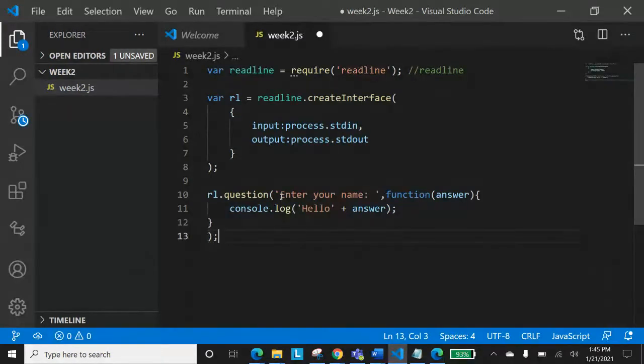Okay, yes, you're right. What happened to the Windows prompt? We have the Windows prompt method as well, and we will be working with that prompt as well. Right now, what we are doing is that we are doing that through the readline module of our Node.js. You got the point? Who asked that question? The name.